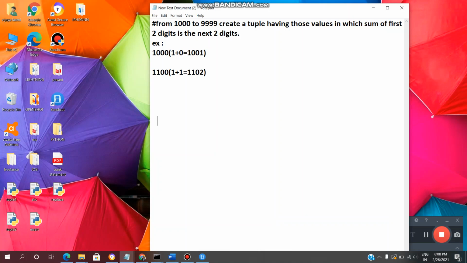Today in this video, we will see how to write a Python program to create a tuple of elements from 1000 to 9999, having those values in which the sum of the first two digits is the next two digits. Means, for example, if we take the value 1000, 1 plus 0, the sum of the first two digits should be the last value. So